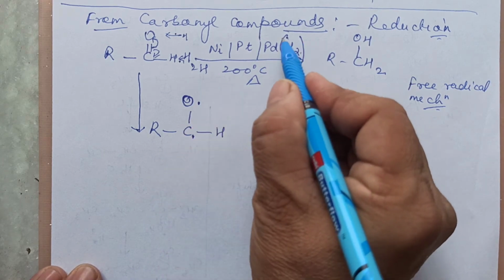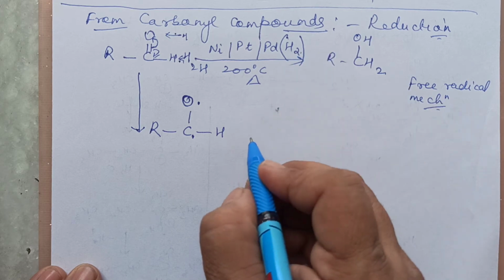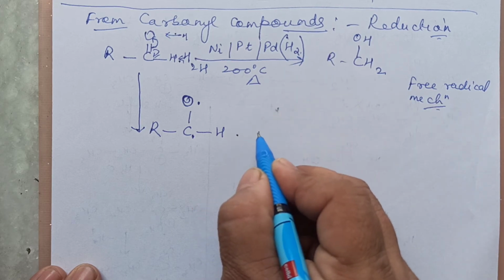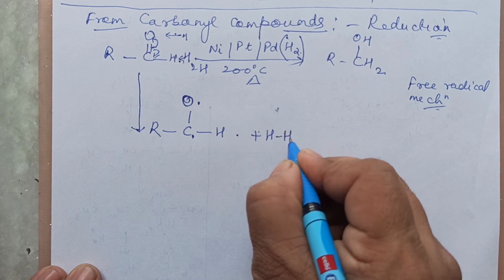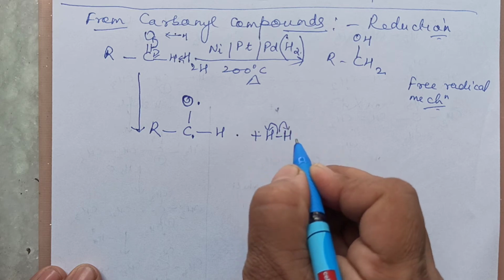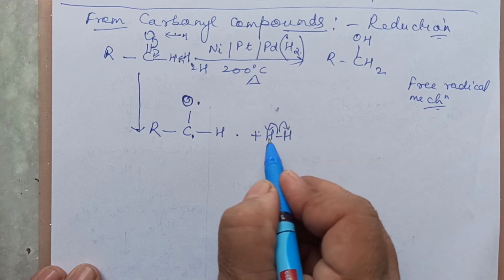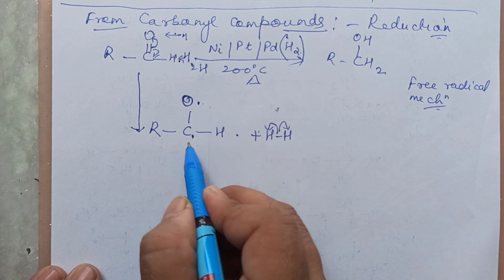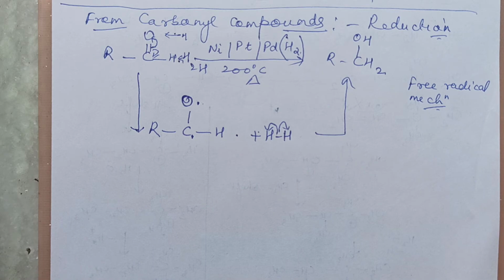H2 is added here. We have carried out this reaction with H2 because it's basically reduction. So that H2 also undergoes homolytic fission. Right? This one bond, electron goes here, one electron goes here. So again it forms two hydrogen free radicals. One hydrogen will get attached here, another hydrogen will get attached here. You will get this product. Perfect. So this is very, very simple.